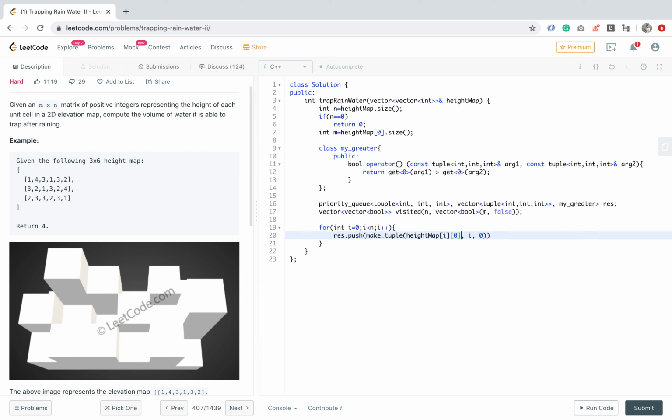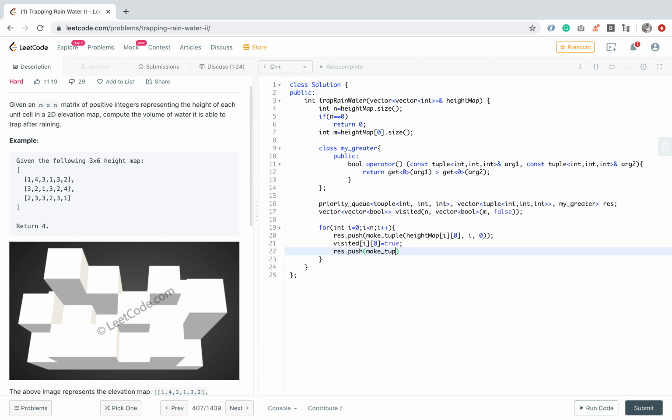So basically what we are doing here, we are pushing the first element of every row, that means the first column of the matrix, and also marking visited of i, 0 as true. In a similar fashion we will also push the last column.